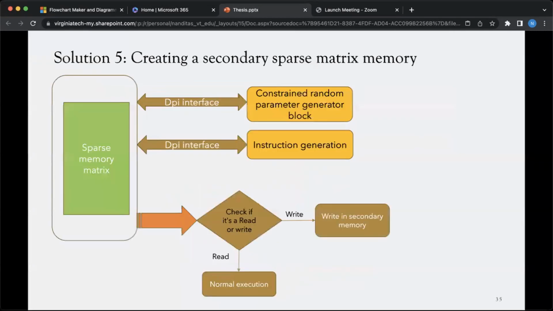So in order to avoid this constraint, we create a secondary memory. In our memory model, we will have 2 memories, and we will check if it is a read operation, then we will be fuzzing from our primary memory. But if it is a write operation, we will be writing it into a secondary memory. In that way, we do not have to constrain the write to a particular section of the memory. We can save the states of the internal registers, and we just have to use another secondary memory to keep the states getting updated, and it can all work out for us. We have the full range of write as well as storing all the internal states of the register.